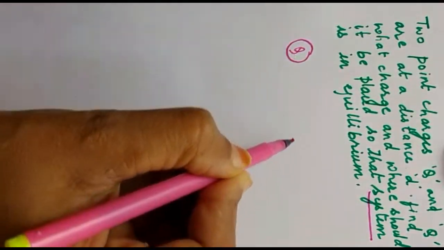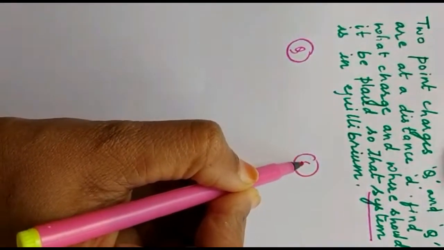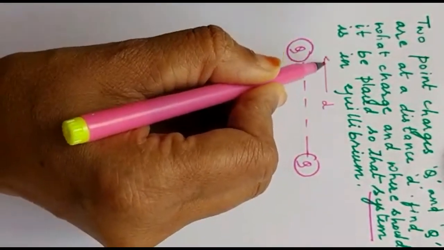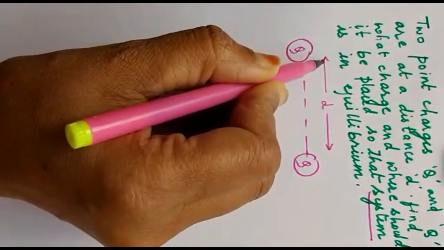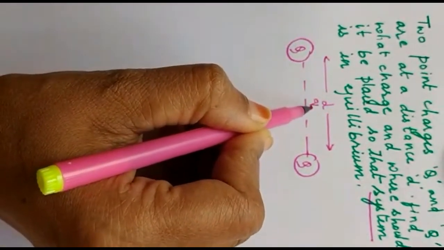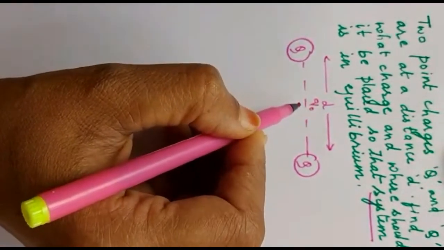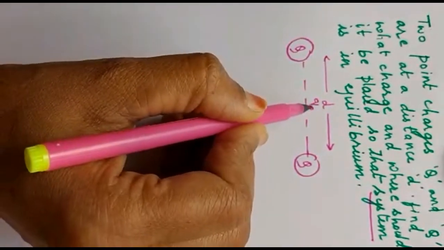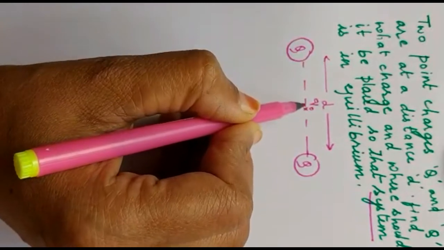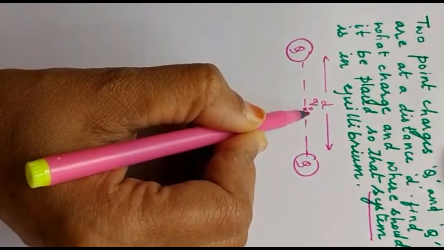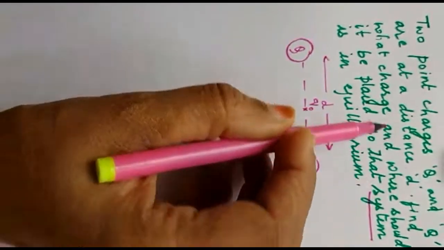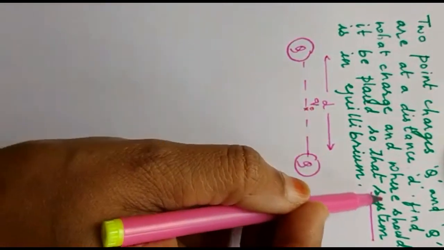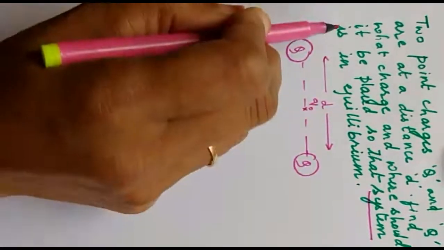Let this be a capital Q charge, and here you have another charge, capital Q. The distance between them is d. Let us imagine our charge to be Q naught, and we need to find what this value is also. Since these two charges are of same magnitude, logically this charge must be placed at the center so that the net force acting on Q naught is 0. So we have got the answer for the first bit. Where should it be placed? At center.